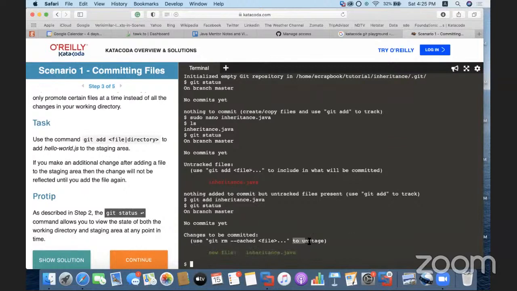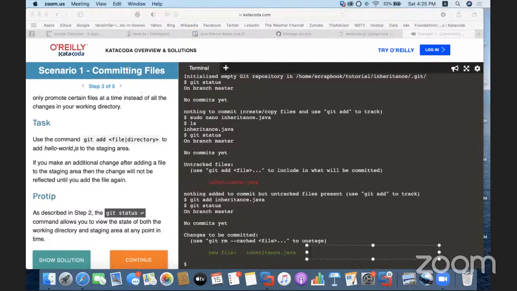अब ये कह रहा है कि आप इसको चाहो तो अनस्टेज भी कर सकते हो। git rm --cached और फाइल नेम डाल दोगे तो अनस्टेज हो जाएगी। करेंटली इट इज ऑन अ स्टेज्ड फॉर्मेट, स्टेजिंग एरिया के अंदर है, ठीक है। So we call this as currently it is in staging area and earlier it was in the non staging area, ठीक है। यानी जरूरी नहीं कि आपने कोई फाइल बना दी तो वहां मेन रिपॉजिटरी पे अपडेट ही हो जाएगी। जब तक आप उसको ऐड नहीं करोगे तब तक वो मेन रिपॉजिटरी में जाने के लिए रेडी नहीं होगी। ठीक है, ओके।